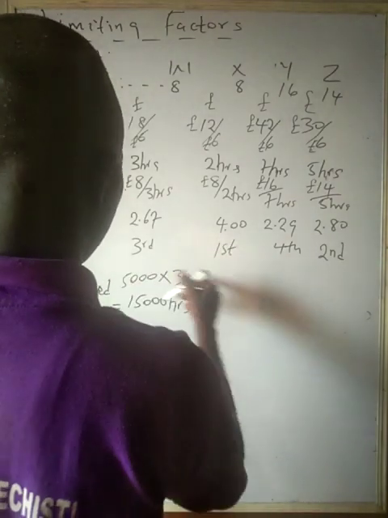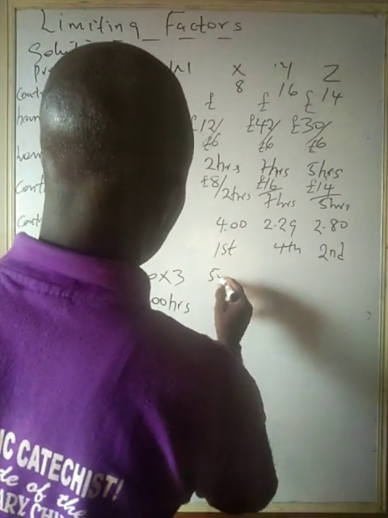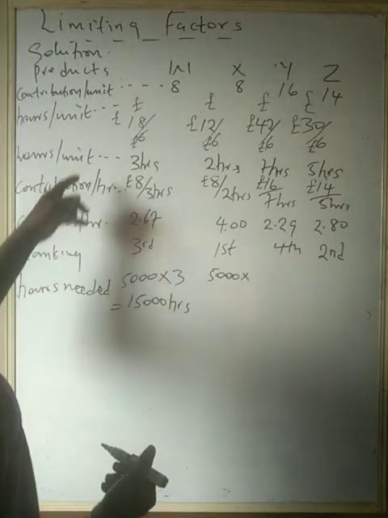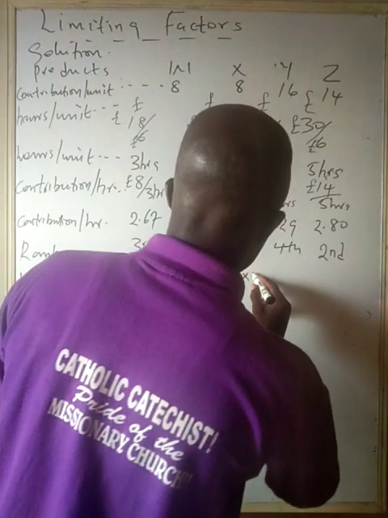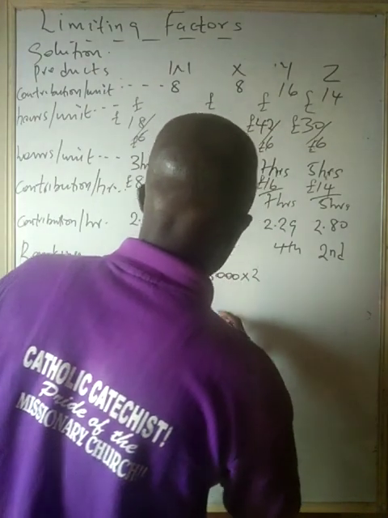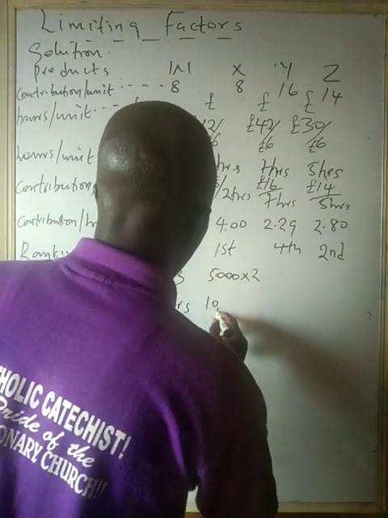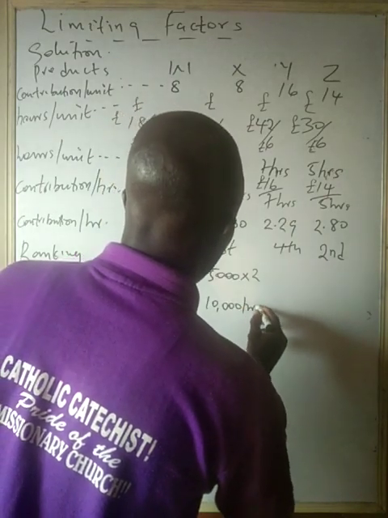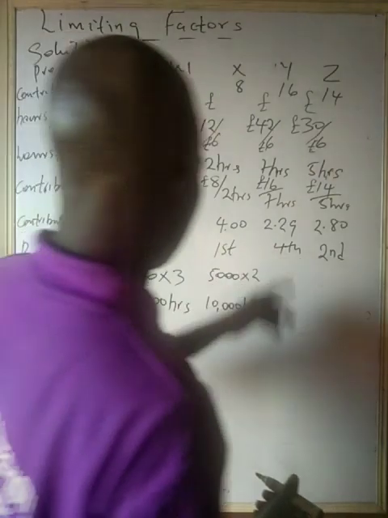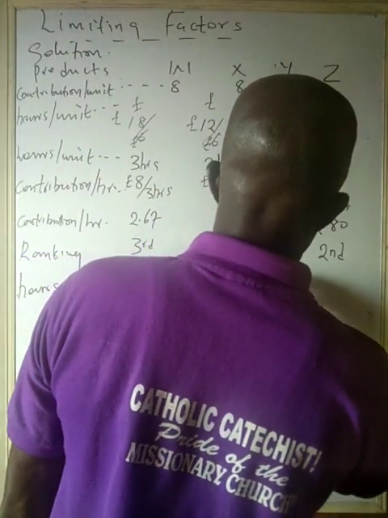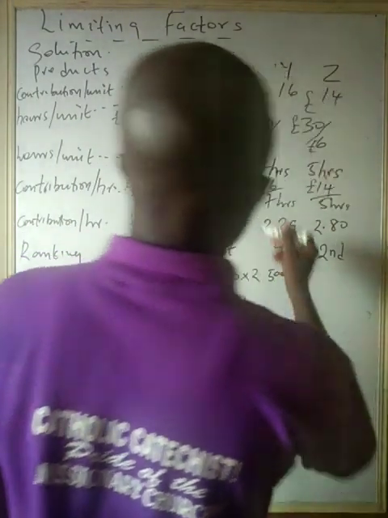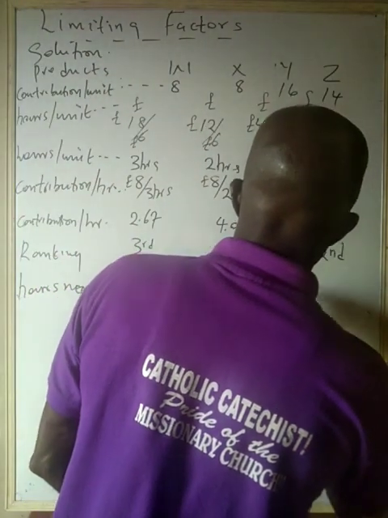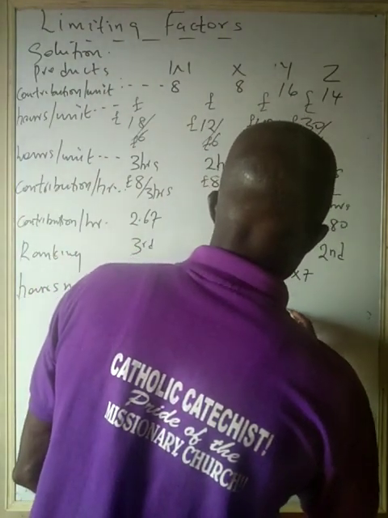Then this also, 5,000 units demanded, multiplied by what? What is the hours per unit? 2 hours. That means we need 10,000 hours for product W. Then A, 5,000 multiplied by the hours per unit, 7 hours. That means we need 35,000